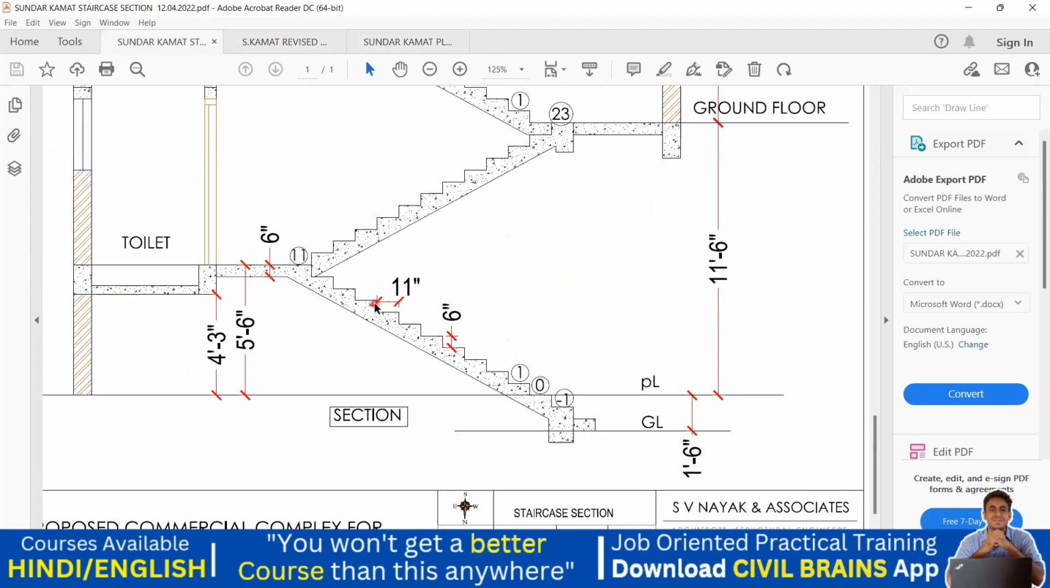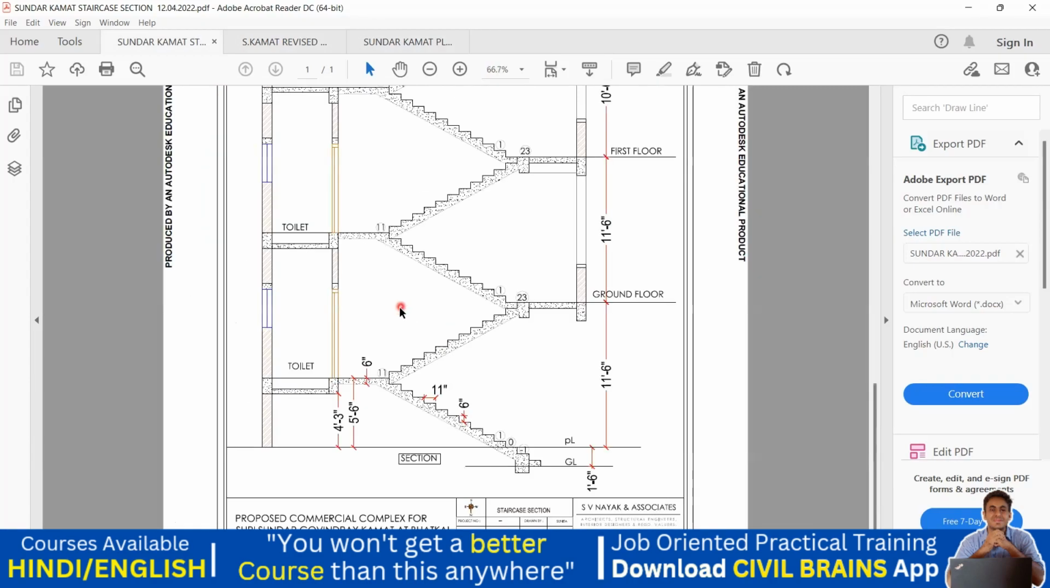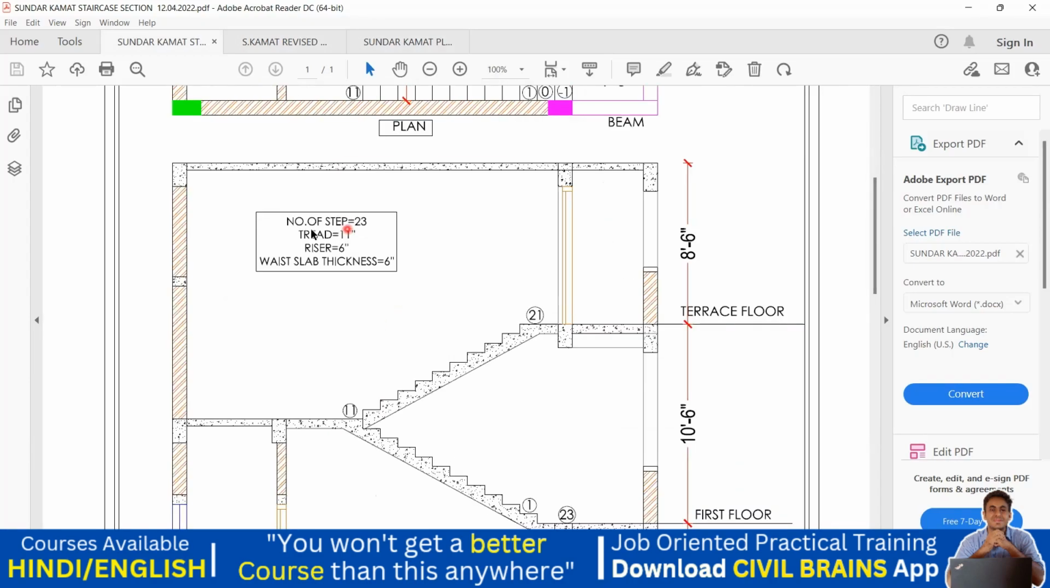This is called as tread. This height is called as riser. So this riser you have to keep 6 inches and tread you have to keep 11 inches. It will be mentioned in the drawing. You can see the number of steps there are 23, tread it is 11 inches, and riser it is 6 inches,